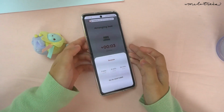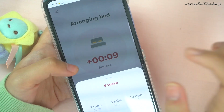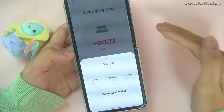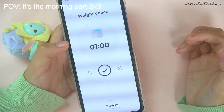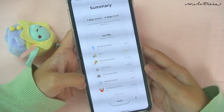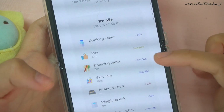Okay, so now the timer is over, and you see it calculates the overtime as well, and you can snooze it, and you can go to the next habit, whatever, but it counts the time for you, so you can still keep track of how much time you spent. How much time? Oh my god, level 2 English. Go to next habit. Wait, check, done. Change clothes, done. And that's the whole routine, and it tells you you didn't run over time. Oh my god. And then at the end of the day, you get a freaking summary of how you did,